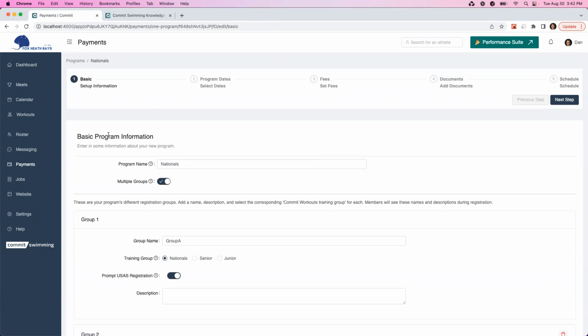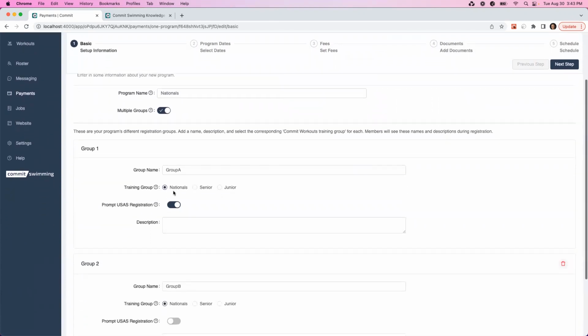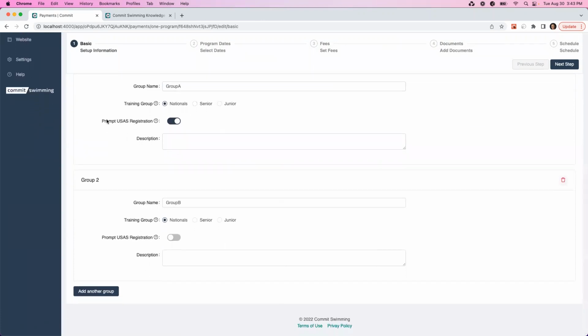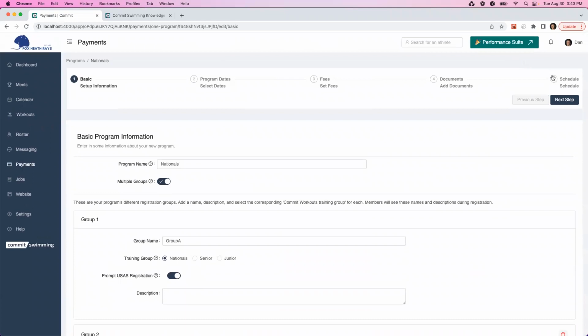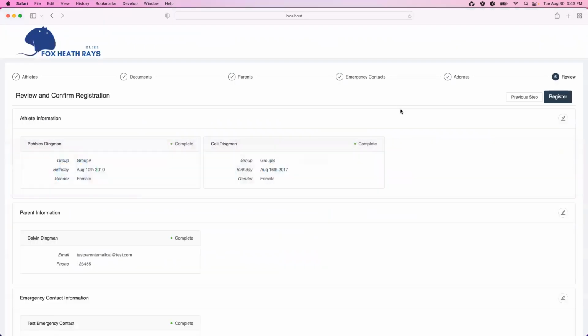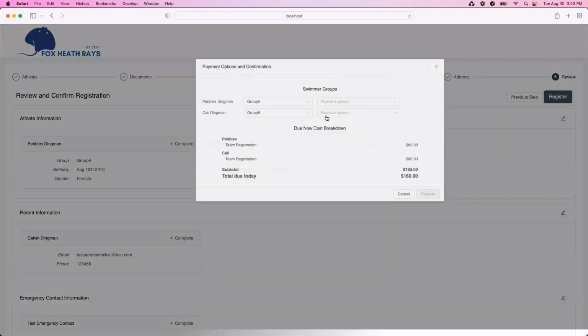When you're setting up your program for registration, you have your basic program information here, and you set up your groups and you map them to your different training groups in the Commit Performance Suite. You have this new toggle here that says prompt USA Swimming registration. Toggle this on for any group that you want to prompt to register for USA Swimming in that registration process. So we'll go ahead and make this live again, and I'll show you what this looks like for the parent that's registering. So here we have a registration flow for a new family that came through. They added 2 swimmers, signed all the necessary documents, parents, emergency contacts, address information, everything that was set up in your registration. Then they go ahead and register